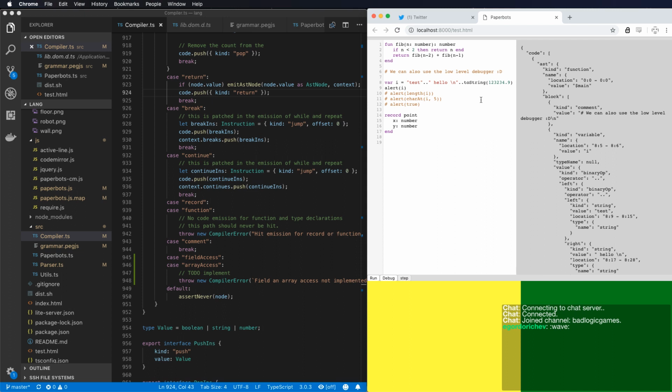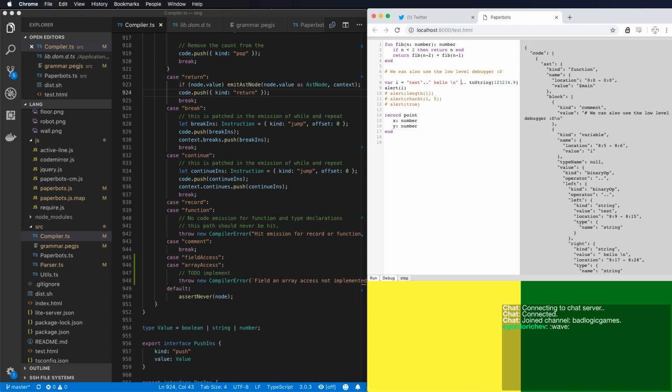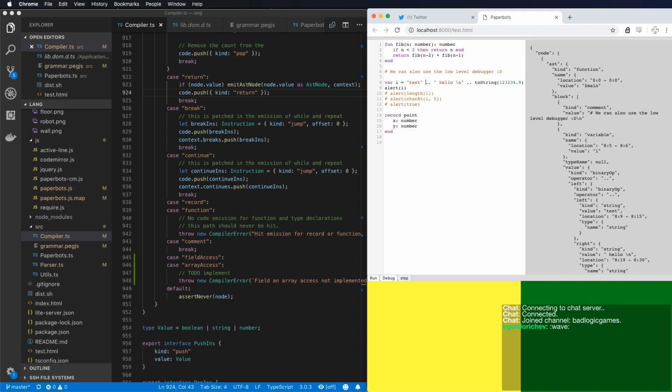So, yesterday after the stream, I added a bunch of additional stuff. As you can see, I decided on a string concatenation operator, because the addition operator is really just the thing that should be reserved for integers or numbers in general. I also managed to